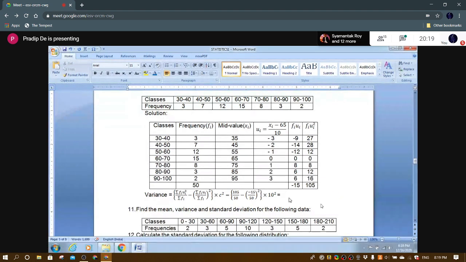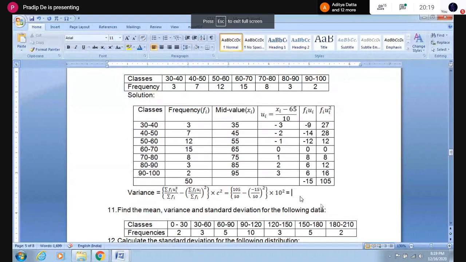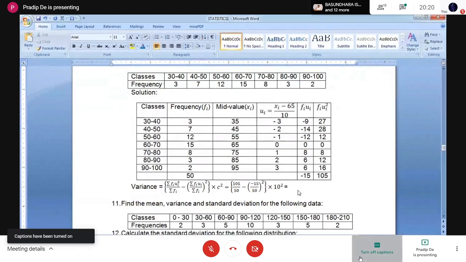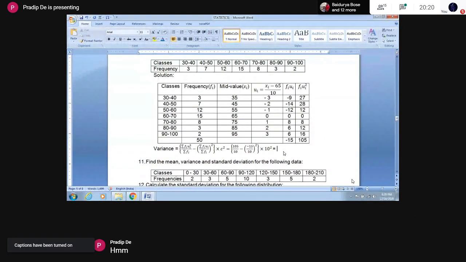Set 201. 201. So I'm checking, one second. Correct. 201. Yes, 201. And standard deviation